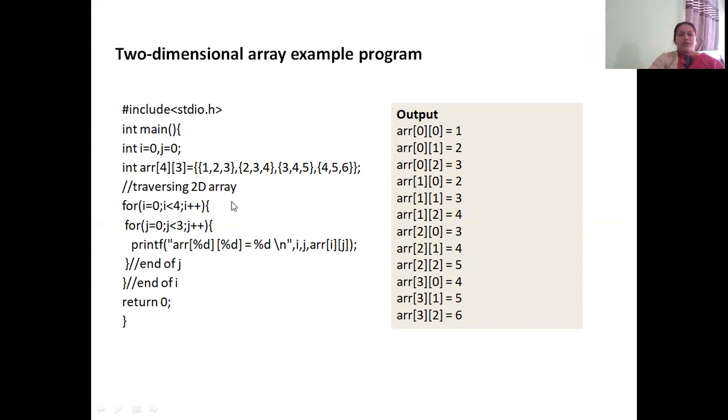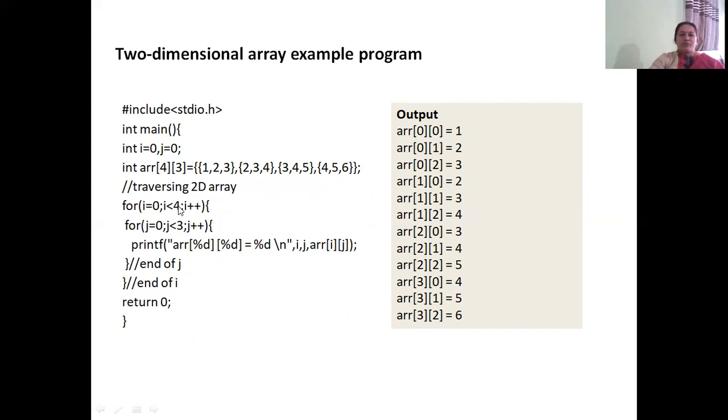Since it's a two-dimensional array, we need to use two nested for loops in order to display the array elements by accessing the individual element. The first for loop is for traversing through the rows, and the second for loop is for traversing through the columns. For each iteration of the for loop controlled by i, the j for loop, which is the inner loop, runs for 3 times.